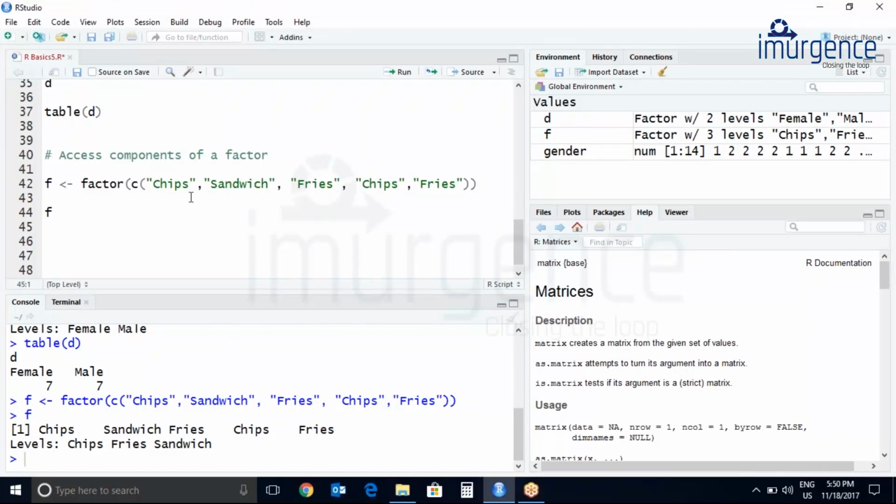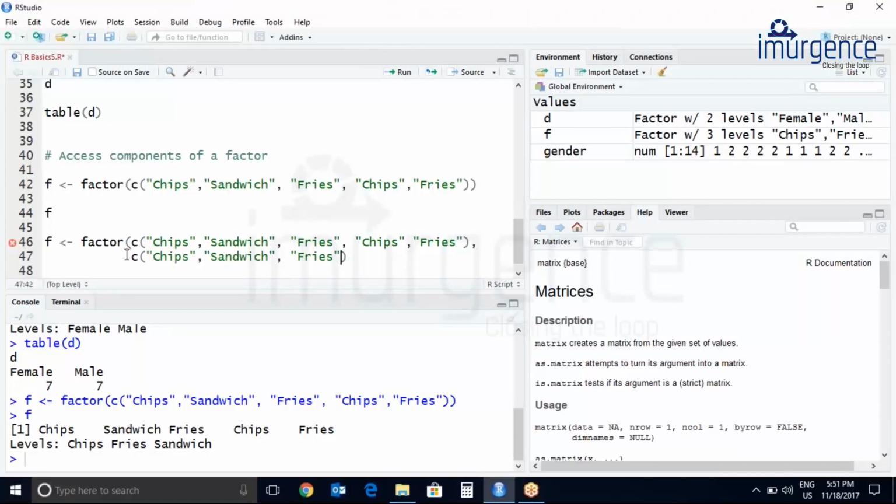If I want to add some extra levels which are not in this data, you can also do that. Let's copy the same data. Add just a comma over here, enter. So this is the same levels which are there. You can also specify extra levels.